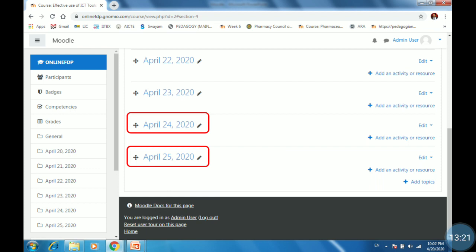In the next session, we will learn how to enroll the students or participants into your course, and how to add an activity or resources such as files, URLs and videos into your course.